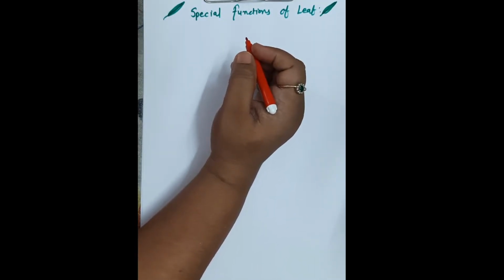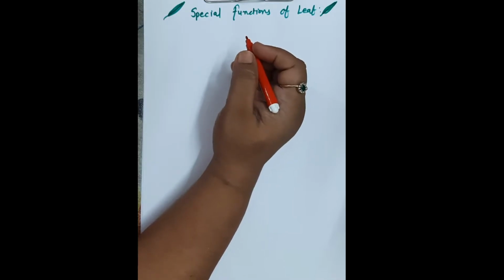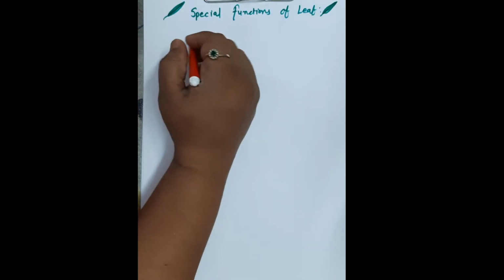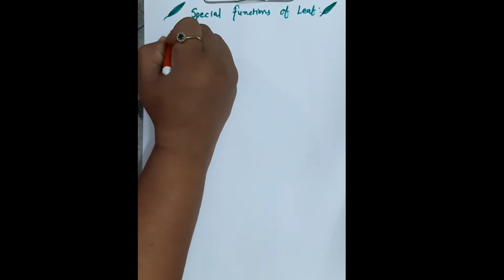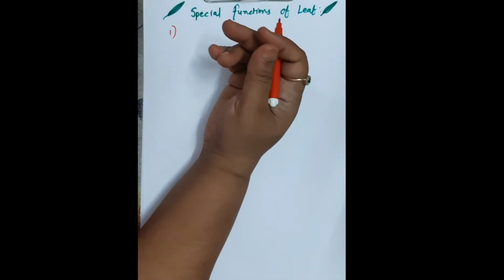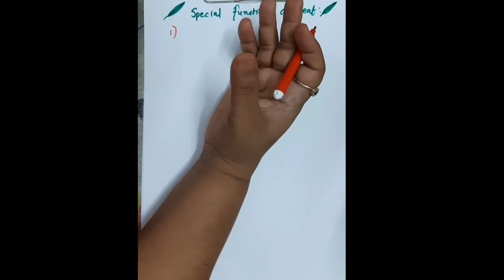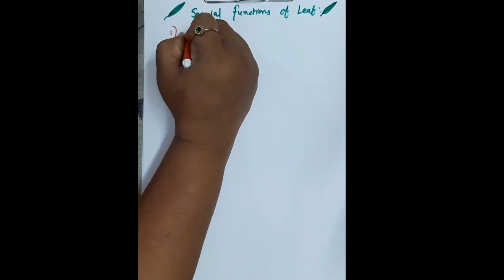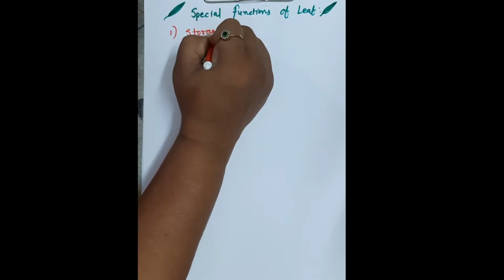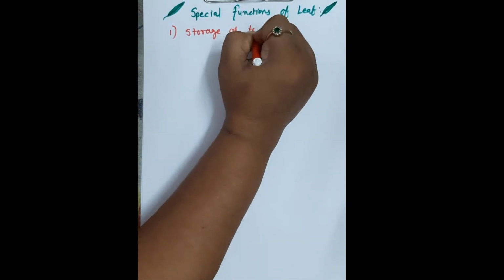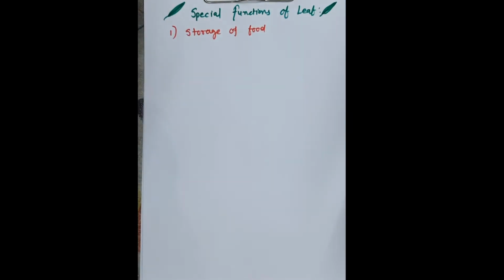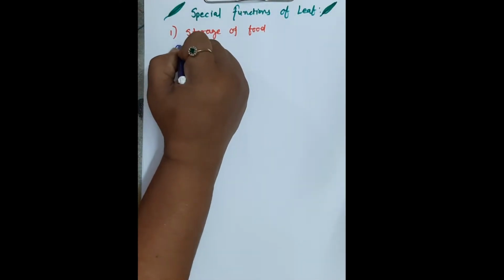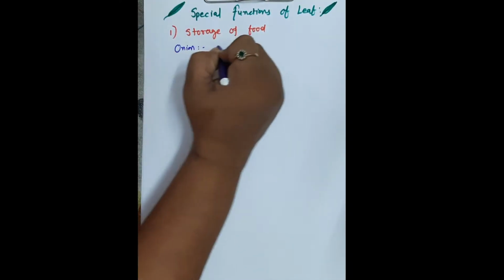But there are some modifications also observed in leaf to perform special functions. To perform these functions, some modifications occur in the leaf structure. So let's see the first one, that is storage of food. That storage of food is observed in onion. So in onion